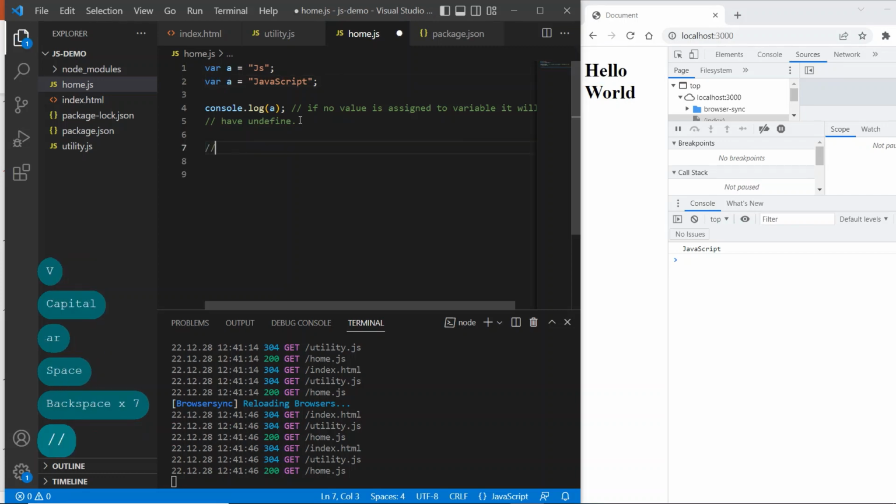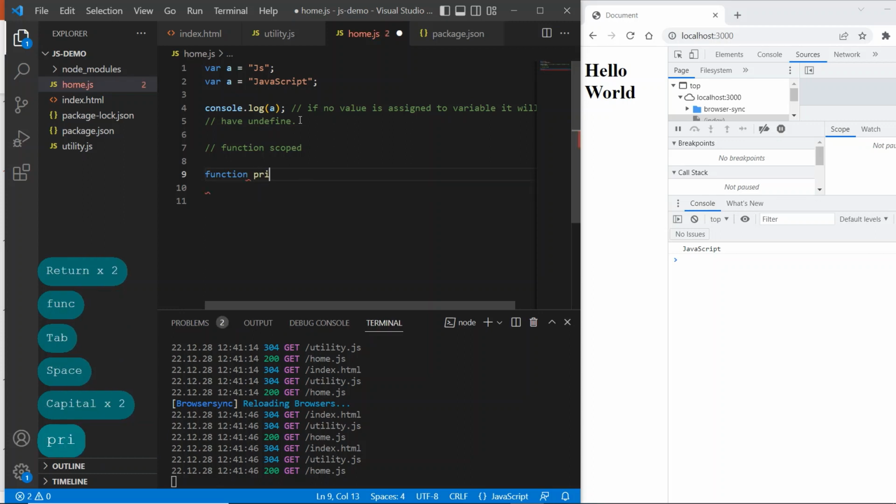We have also studied that variables created using the var keyword are function scoped. What does it mean? So let me create a function.